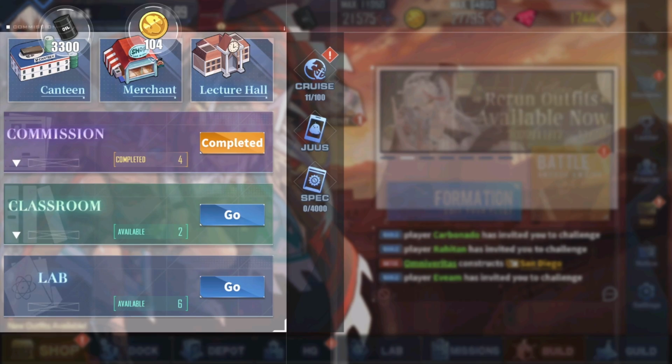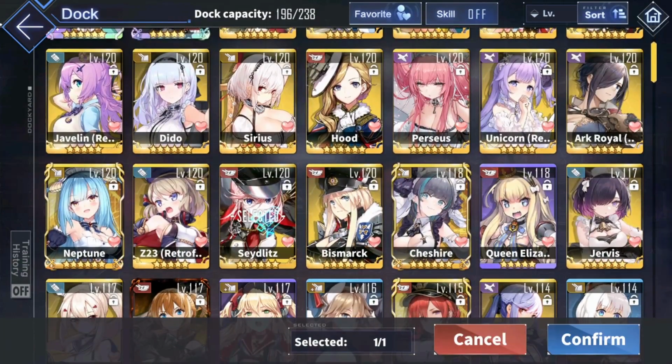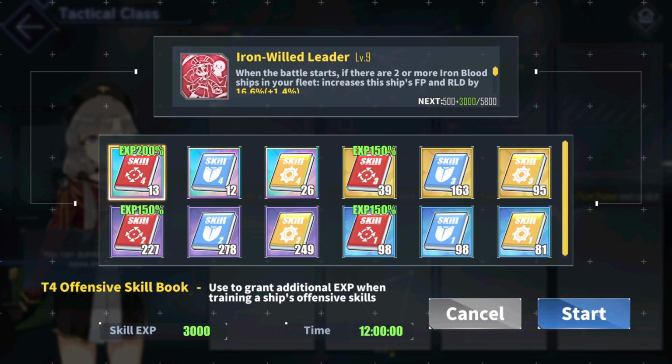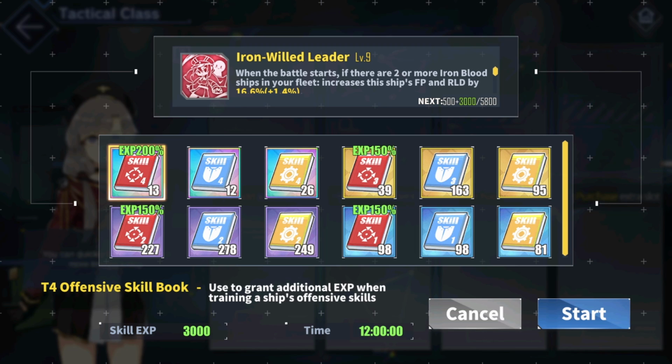Next, let's take a look at the training room. How this works is that you select whoever you want to train and choose the skill. You'll then be prompted to use a skill book, and it's highly recommended to use one of the same color as the skill as you get a 1.5 XP multiplier, unless you're using the Rainbow book, which has a 2 XP multiplier. Depending on the level of the book, you'll have to wait a certain length of time for it to finish,